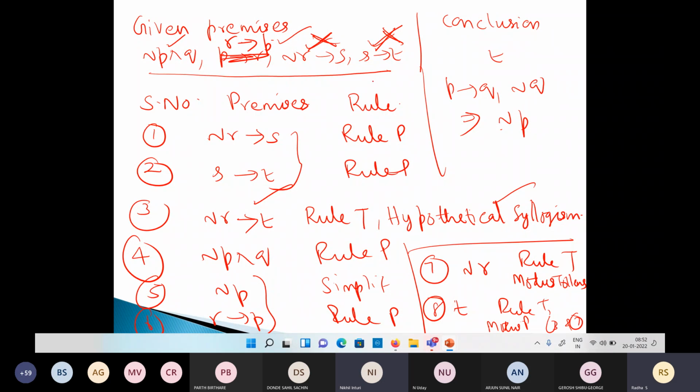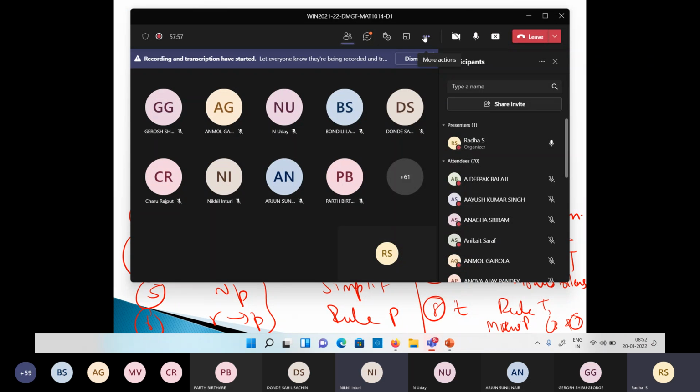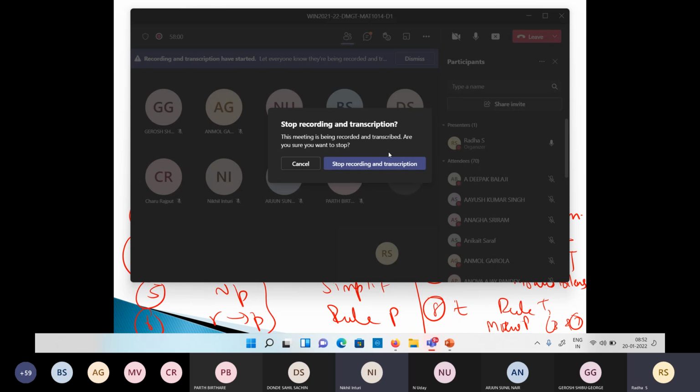So this part alone I'll repeat once again. I'll try to find that. In what ways you will say P tends to Q, what are all the statements that can be interpreted as P tends to Q, and what can be interpreted as Q tends to P. That I'll tell you tomorrow. After seeing that, again we'll do this problem. I'll come with more problems. Maybe at the end of module 1, we can have one more tutorial completely covering everything. And then we'll go to module 2. I'll stop here. See, at the end of the class,